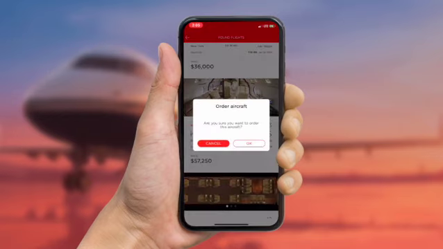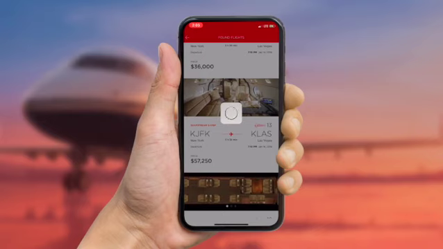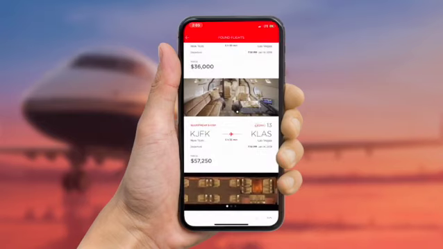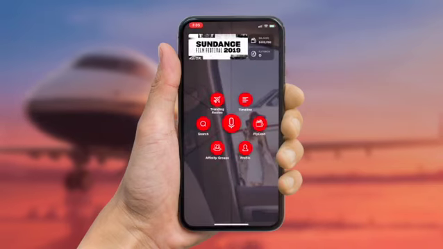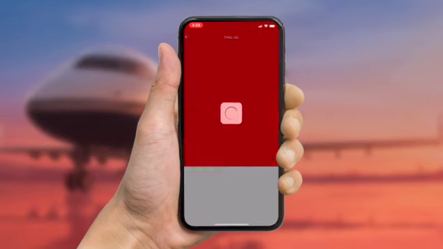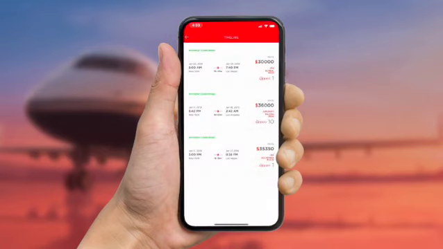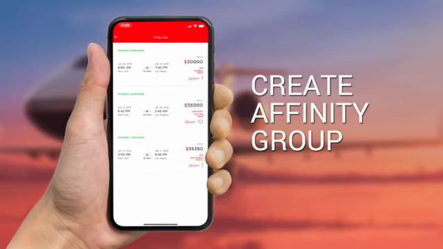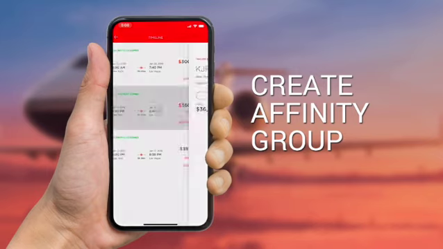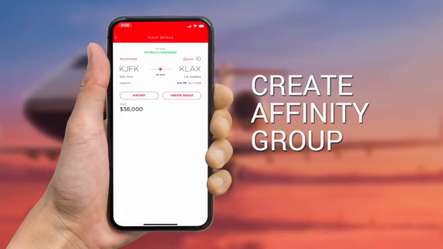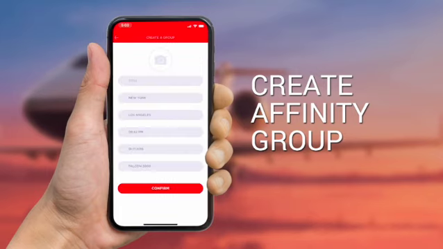Once you select your desired flight, we will confirm your booking. From the home screen, tap the timeline icon to review your upcoming flights. If you're planning to travel with other passengers, you can create an affinity group to share important information about your trip with your group. Tap the flight that you would like to create the group for, tap Create Group, add a photo for your group,